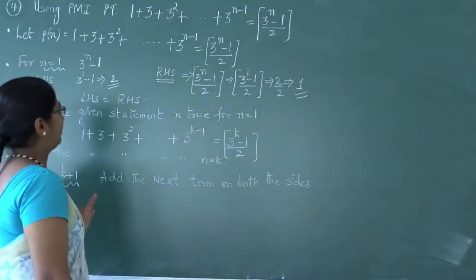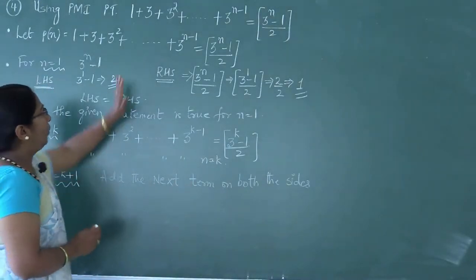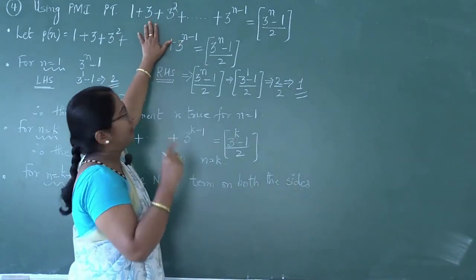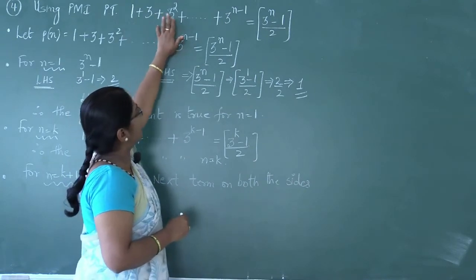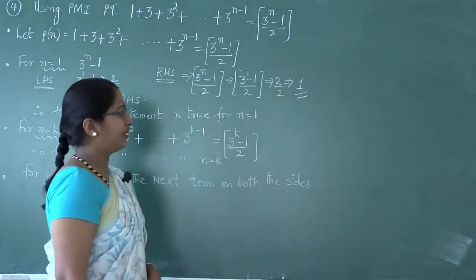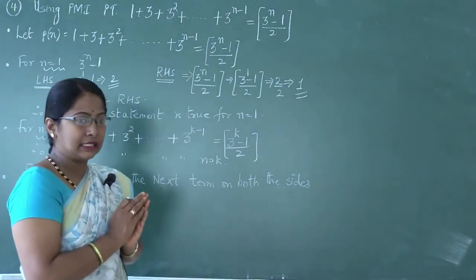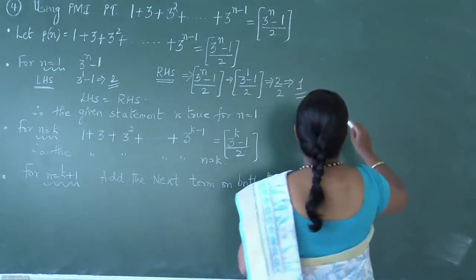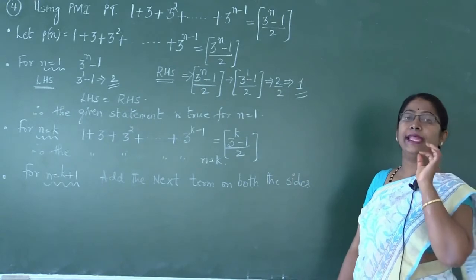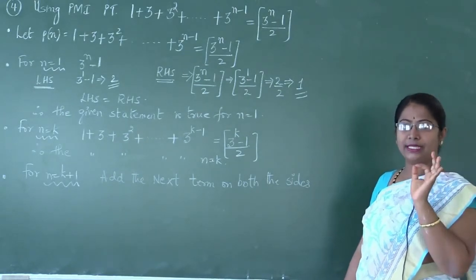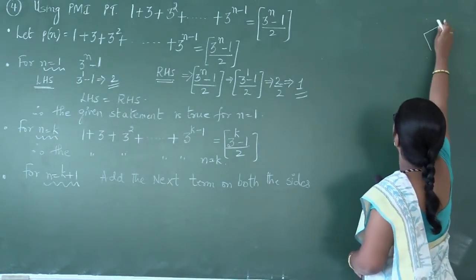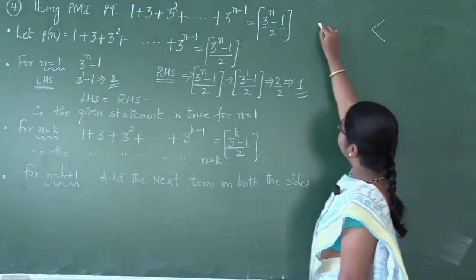Now, observe here. How do you find the next term? 1 plus 3 square. What is the power of 3 here? 1. So, 1 plus 3 power 1 plus 3 power 2 plus etc. plus 3 power n minus 1 is specified in the question. How do you find the next term? What is in the working column, you can just make a note of it. What is the last term or nth term of LHS? That is the last term in the working column. What do we write here?